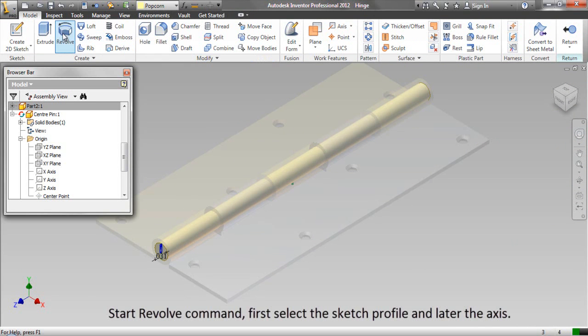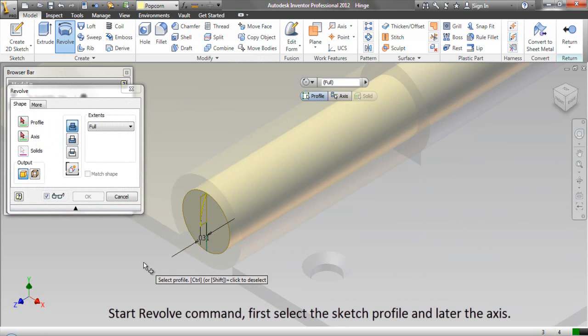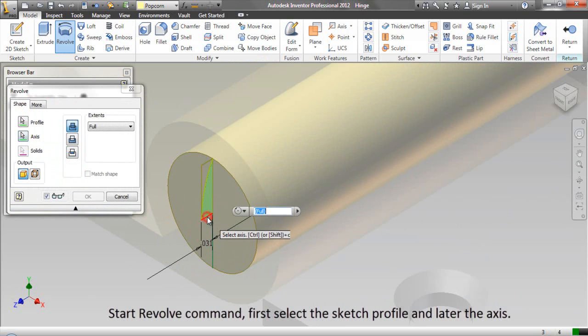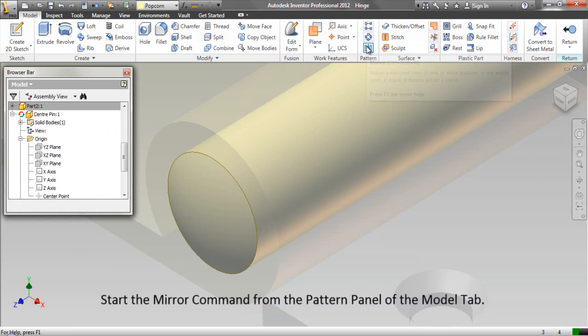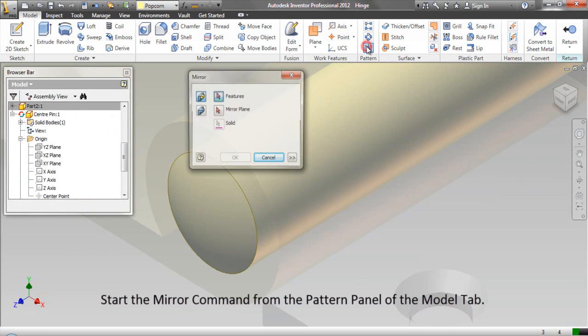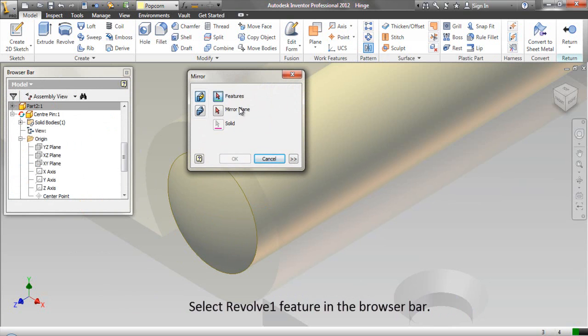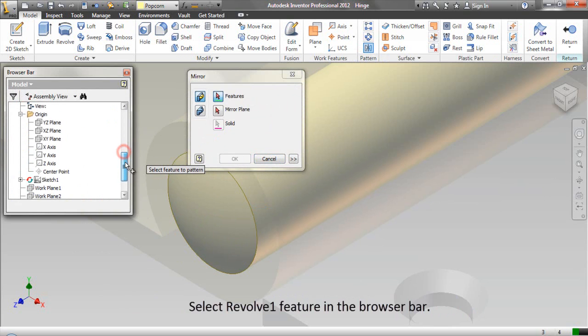Start the Revolve command. First select the sketch profile and later the axis. Click OK. Start the Mirror command from the Pattern panel of the Model tab. Select Revolve 1 feature in the browser bar.